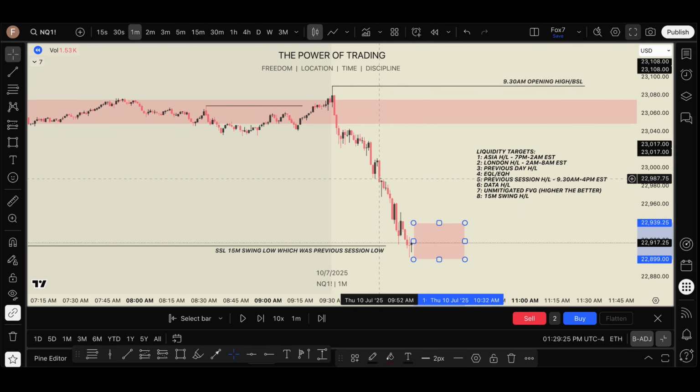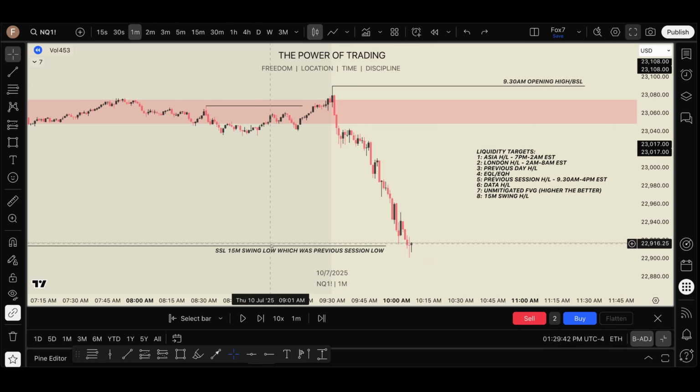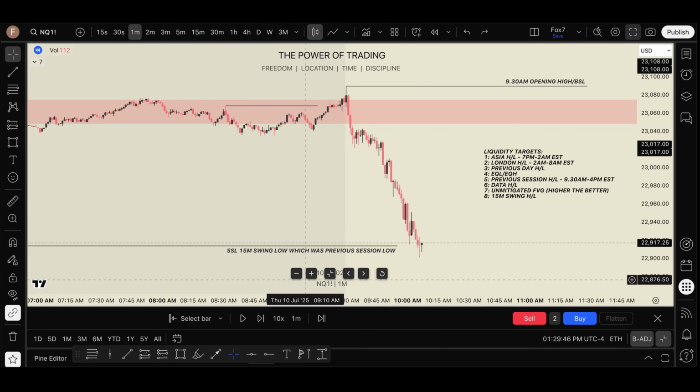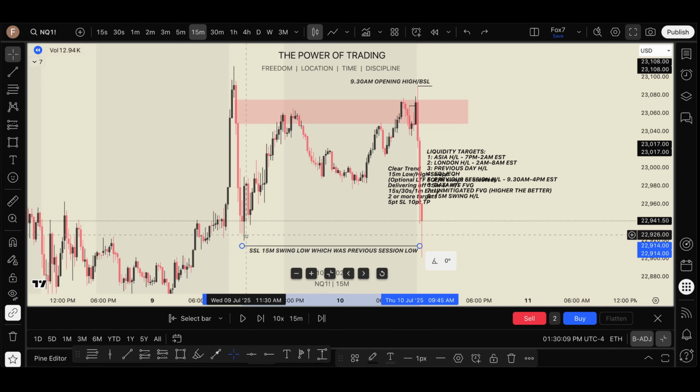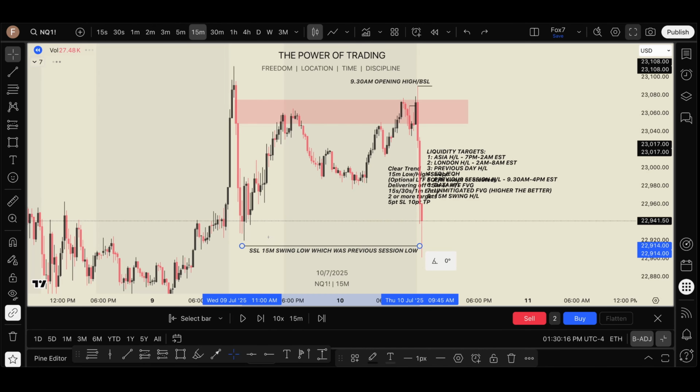actually, well, these aren't unmitigated, but we have an unmitigated set of gaps up here on the 15-minute time frame like we saw. So instead of holding for that and potentially getting stopped out, if we have 20 points and a 20-point stop loss, there's a higher win rate of actually making it. So when I first marked up the chart, literally, I just called it sell side. But when I looked back on the 15-minute, it happened to be the previous session low,